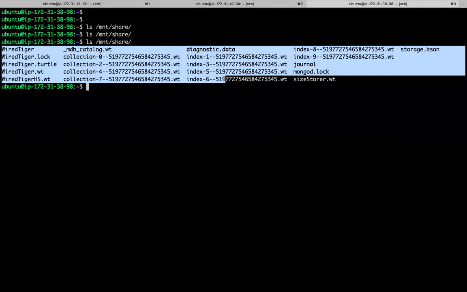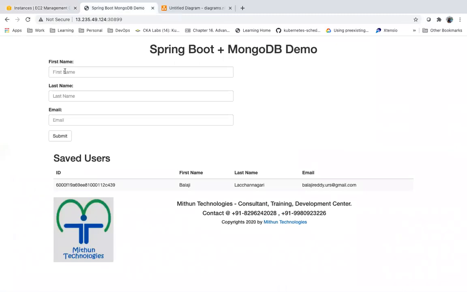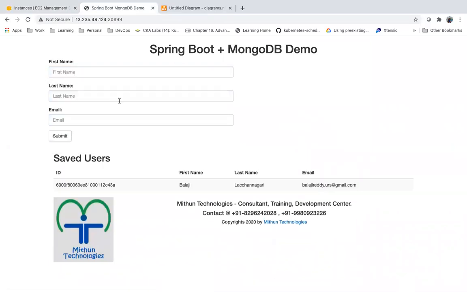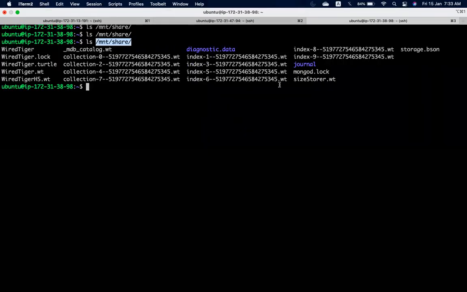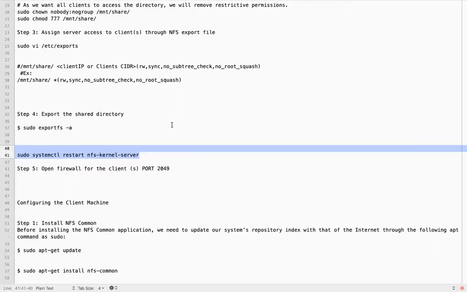That /data/db directory is mounted with this NFS server directory. So whatever data you maintain now is getting maintained in your NFS directory, right? So you can use NFS as a volume.